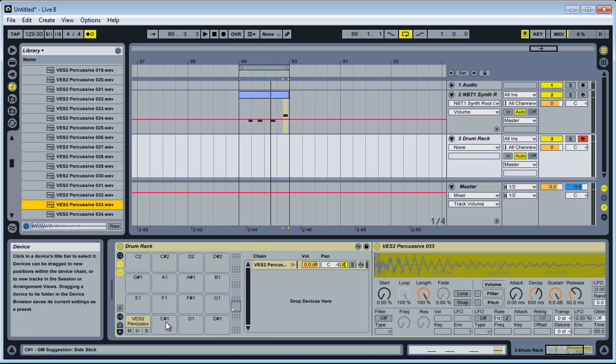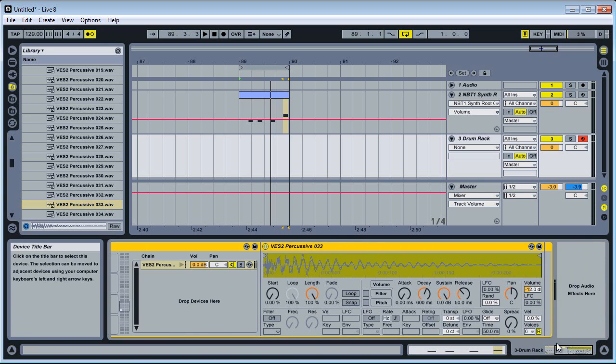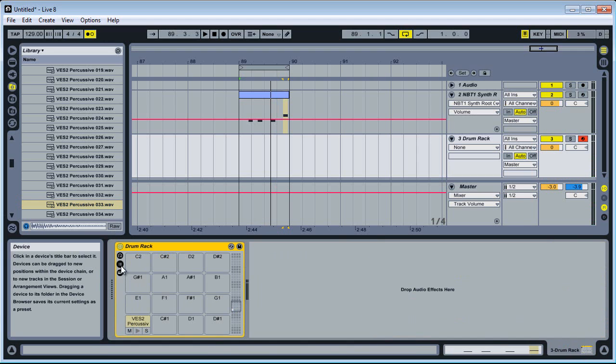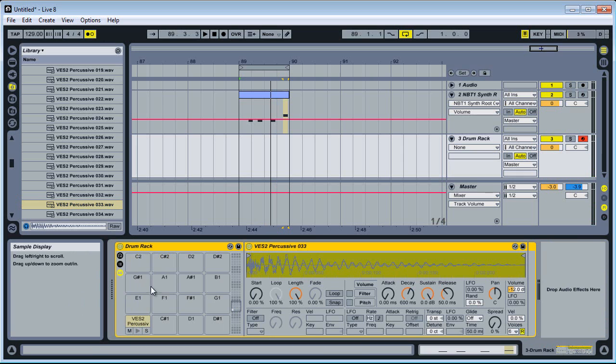So what this does is it loads each one of these pads. Think of an APC 40. Each one of these pads has its own instance of Simpler, and you select it in here. So each one, this one does not have one, but this one does. What we'll do is we'll move the volume up,